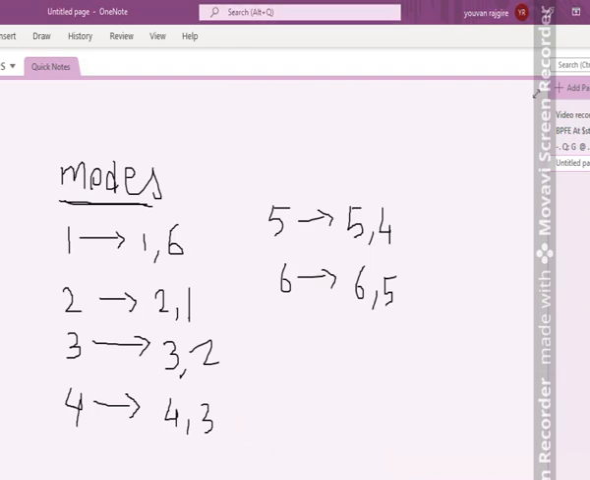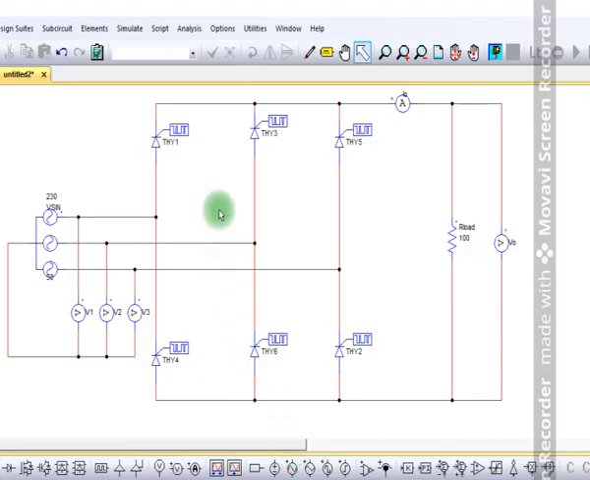So when you see this, this is thyristor 1, 2, 3, 4, 5 and this is 6. During the first mode, as we know, thyristors 1 and 6 will be conducting. Based on that, different modes will be operating, so we will need to provide the firing angle for all the